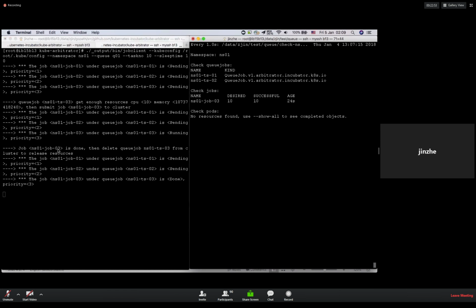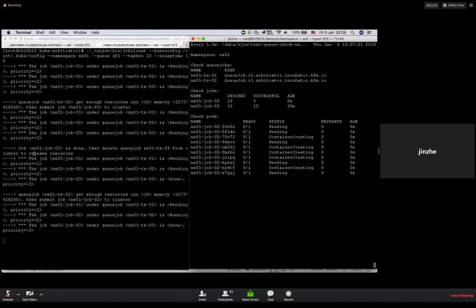Now, when the job is done, the related queue job will be removed, and the second queue job gets resources, and the user client will create a new job and run it.